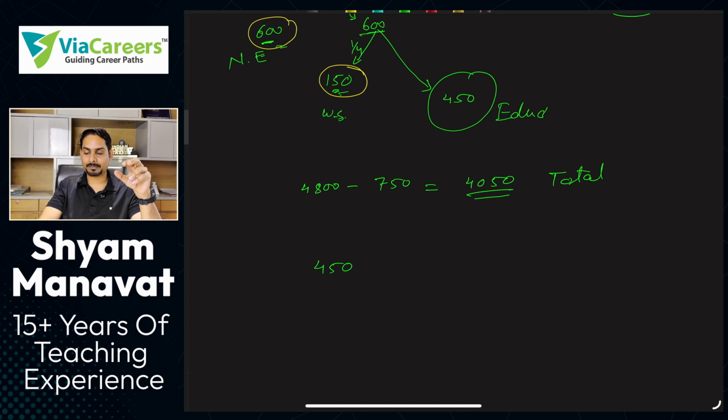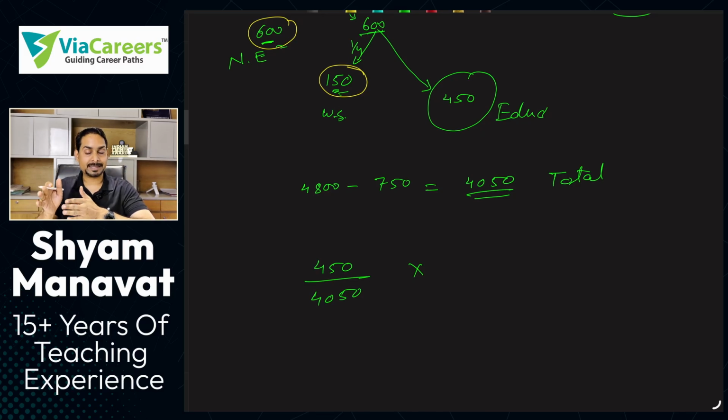परसेंटेज कैसे निकालते? 450 by 4050 into 100, because परसेंटेज इज पर 100. ओके, परसेंटेज का टोटल परसेंट कितना होता है? 100. वैसे ही इफ यू वांट टू कन्वर्ट दैट इनटू एंगल इन डिग्रीज, सो टोटल एंगल कितना होता है? 360. सो यू आर गोइंग टू मल्टीप्लाई हियर बाय 360. ओके, सिंप्लीफाई कर लो यार। देखो ये तो कितना सुंदर लग रहा है। 45 9 सीधा सीधा दिख रहा है, और 9 का टेबल तो आपको मुझसे ज़्यादा अच्छे से आता है, राइट। 9 4 36, इजंट इट। ये कितना हो गया 40, इसका मतलब कितना बचेगा 40 डिग्री।